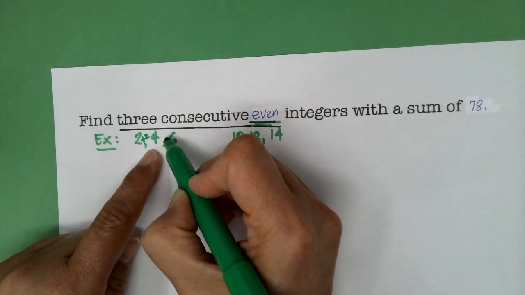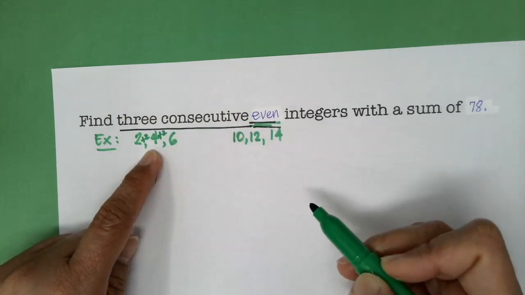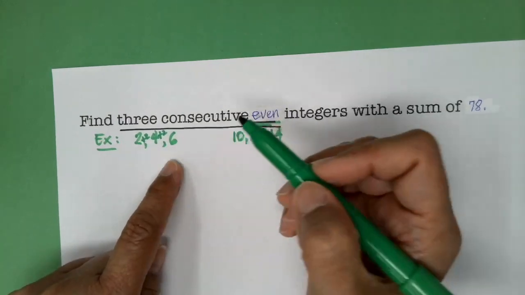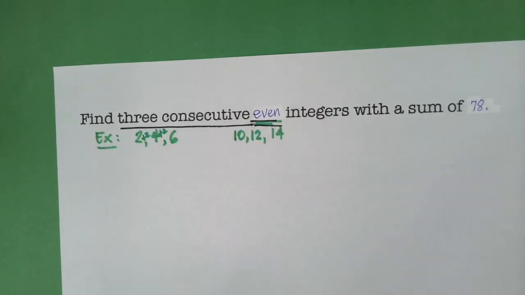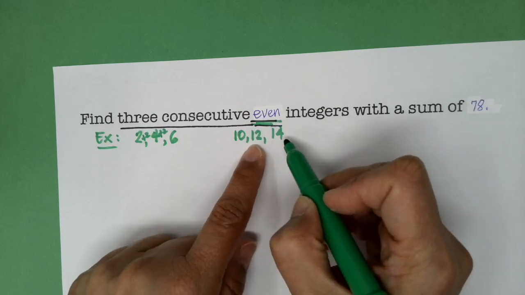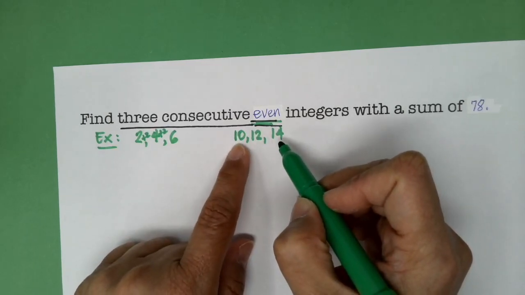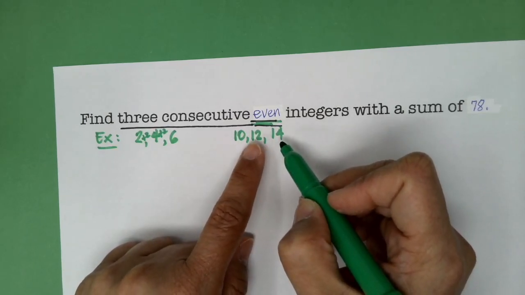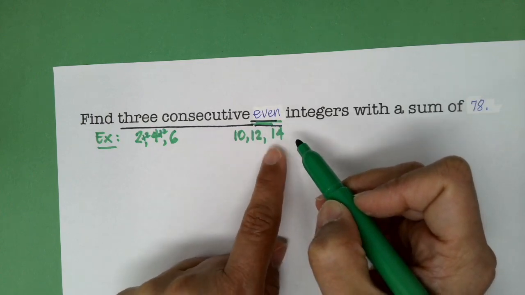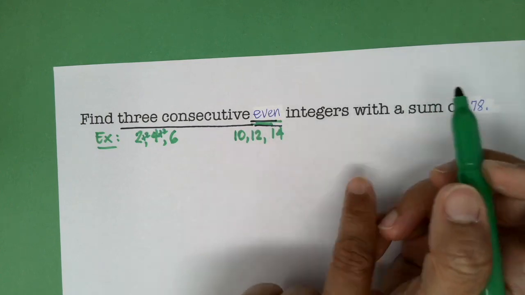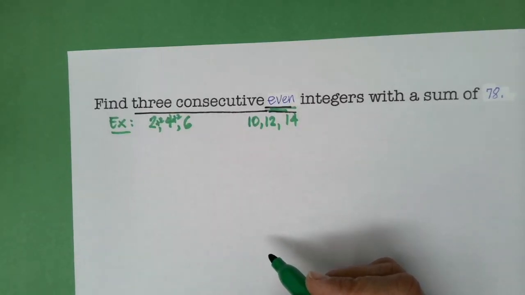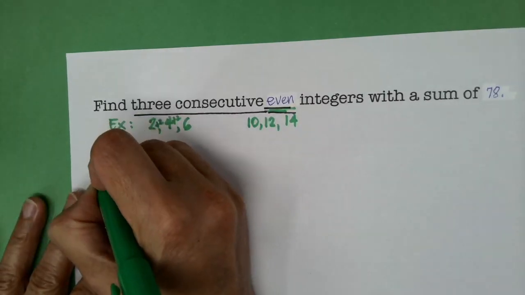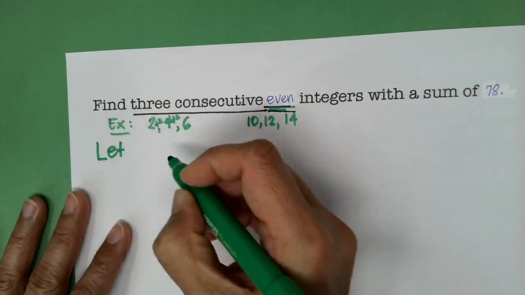If we have 4 to 6, we have to add 2 to 4 to get 6. Which means the difference between even integers is 2, right? Just like 10, 12, 14. You have to add 2 to 10 to get 12, add 2 to 12 to get 14, add 2 to 14 to get to the next even integer. Alright, so with that in mind, we will have to represent our